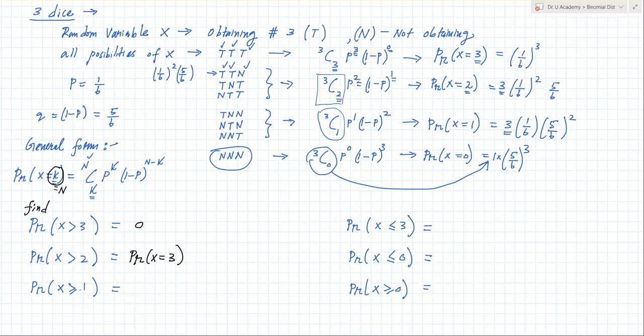Probability X greater than or equal 1. Then what will happen? Probability of X greater than or equal 1. It would equal 1 because it's all the values. Right. So probability X is equal to 1 plus probability X equals 2, plus probability X equals 3. Write it. Okay, because I'm too lazy.